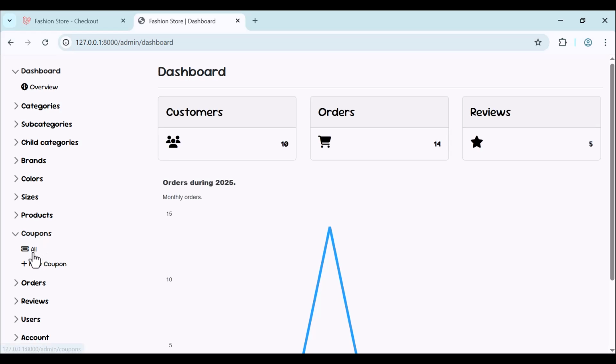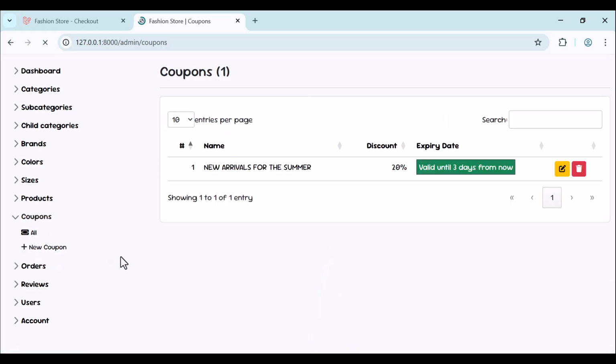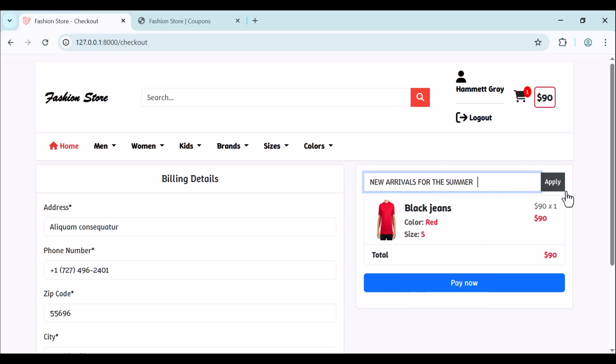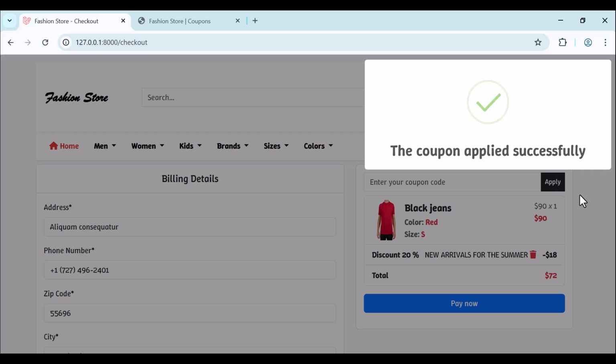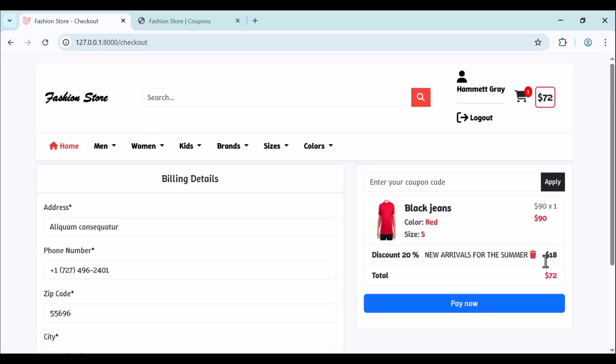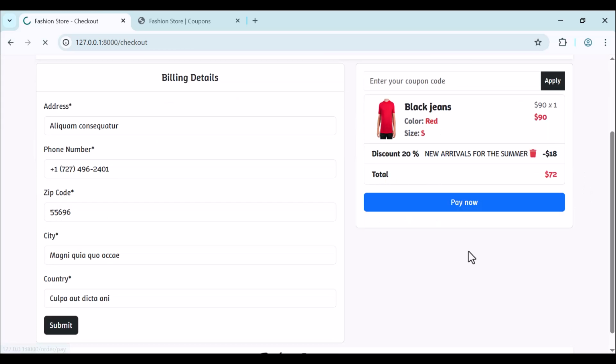So let's move to the backend. Here we have the coupons. Let's copy this coupon from here and use it here and apply the coupon. Once applied, you have the discount and we have the total, and it's also calculated here. So now we can pay our orders,